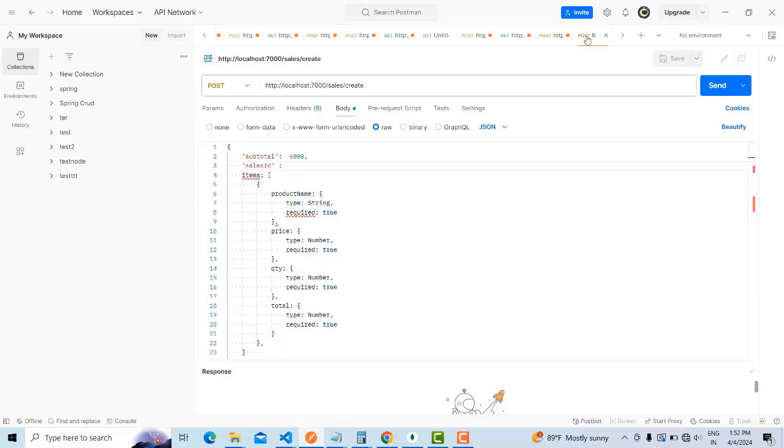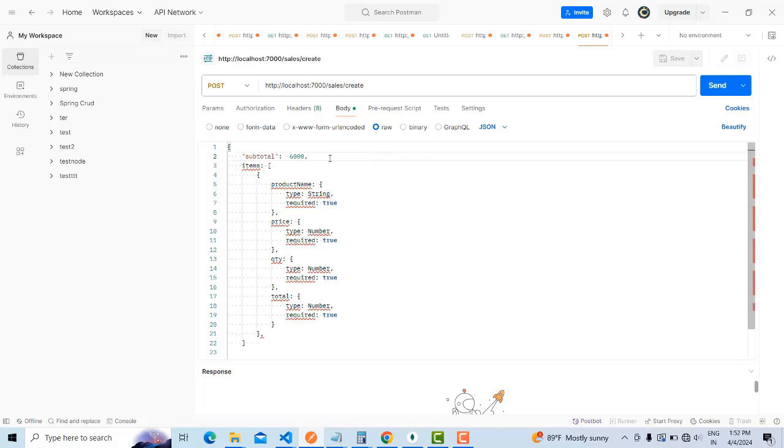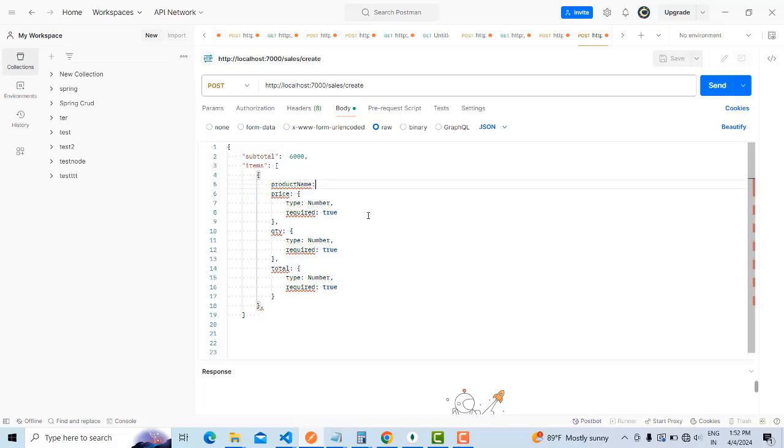Okay, here we don't need to put this one. The sales ID is automatically created. So here subtotal, and we need item only. Sales ID is automatically created, so we don't need to put it here. Here only the product name. You can write sugar, comma, write its price. So price